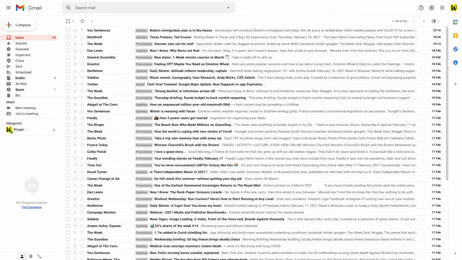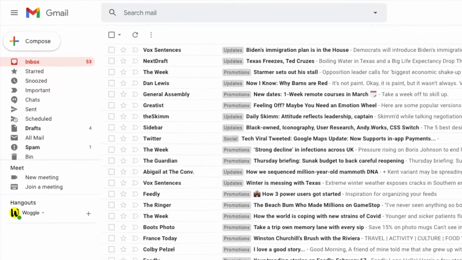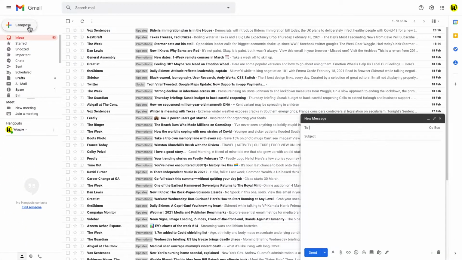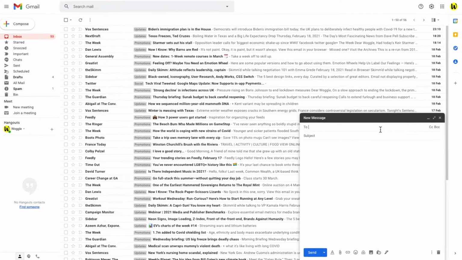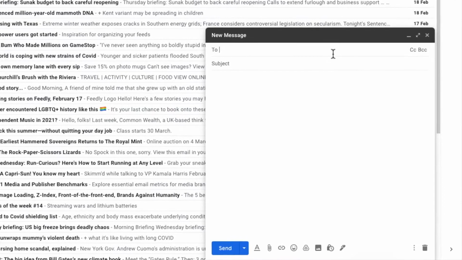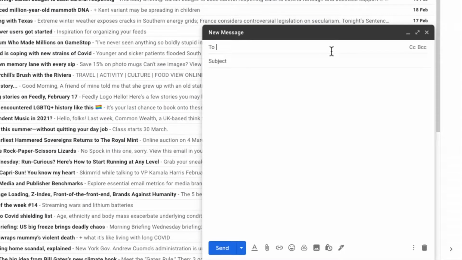We've logged into our Gmail account and we'll start by choosing the Compose option to write an email. In order to schedule an email, you must enter a valid sender email address for the email to be sent to. So let's do that now. And if we quickly write an email,